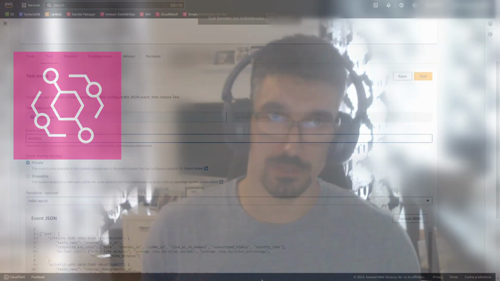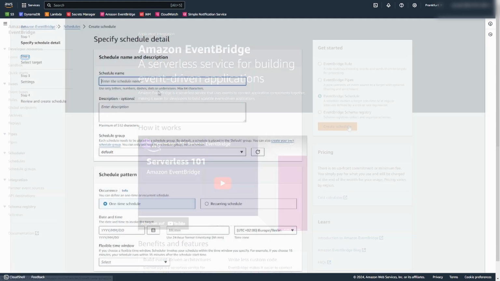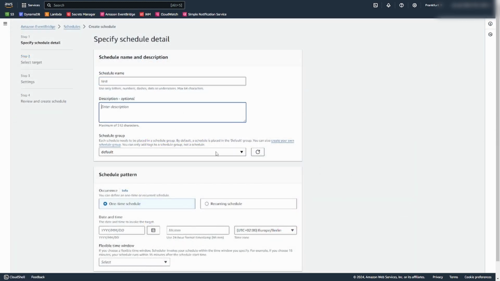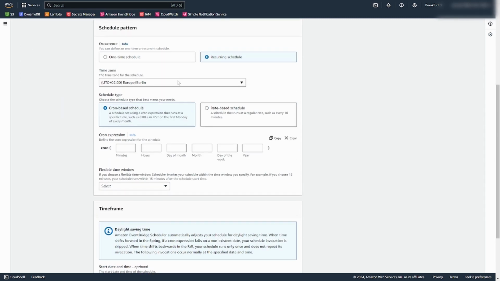So now that we have correctly set up our Lambda function, we want to set up a regular daily schedule to invoke the function. For this, we use the service Amazon EventBridge. We first go to Amazon EventBridge, go to Schedules, and select Create Schedule. Then you enter a name and a description for your schedule, and under Schedule Pattern, select Recurring Schedule. Under Time Zone, you should select US Pacific Time, which is UTC -7, because according to the YouTube documentation, the days in the reports are defined for that time zone.